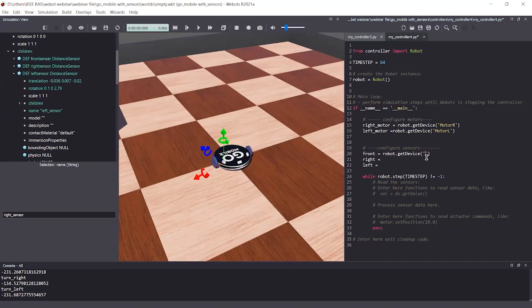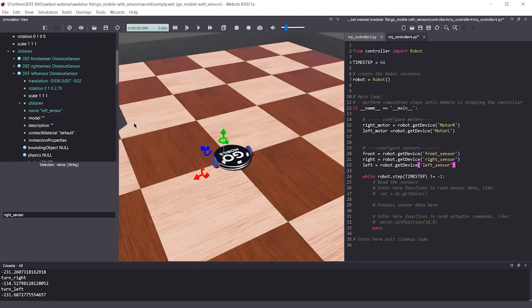Our sensor's name is front sensor. Similarly, I'm going to copy this and paste here. Our right sensor's name is right sensor, and left sensor is left sensor. So now we have access to the sensors.